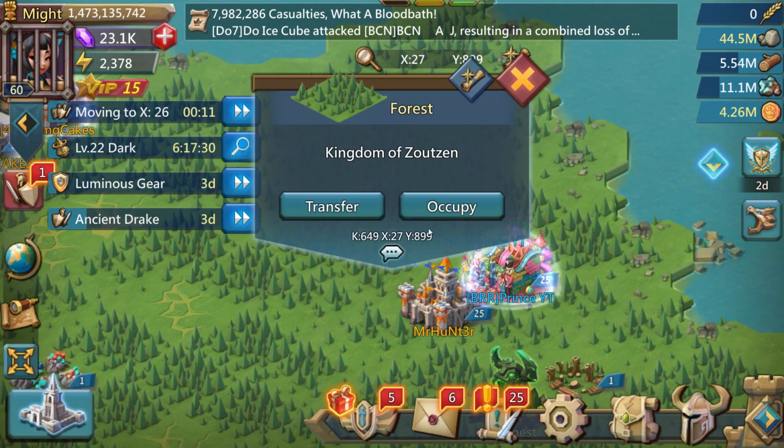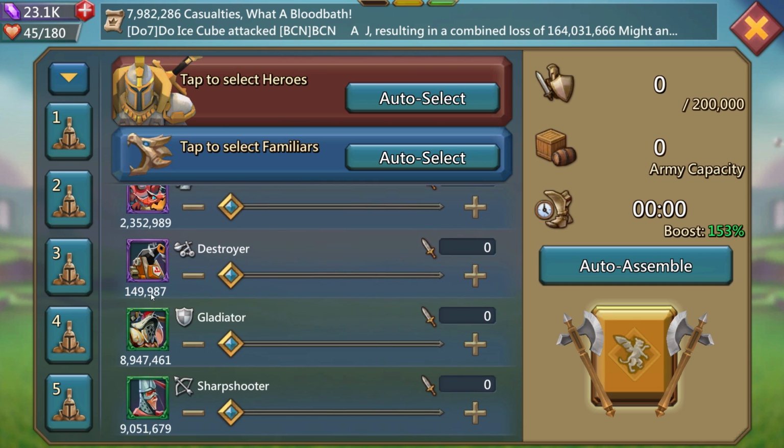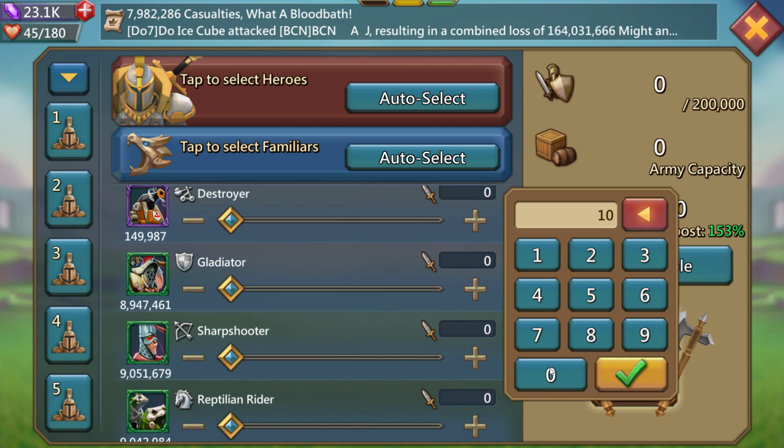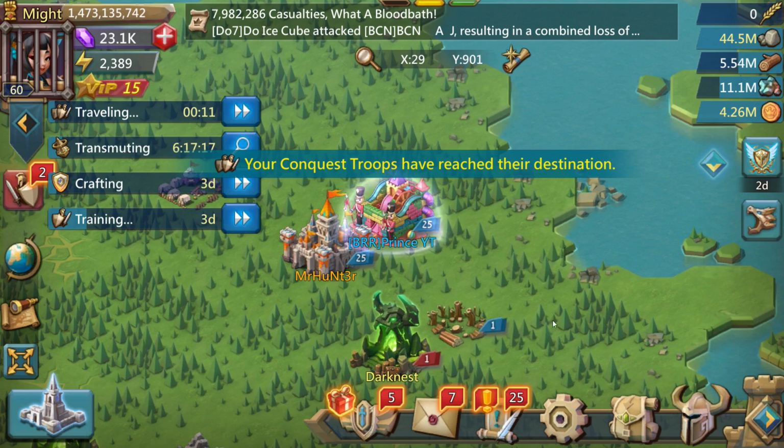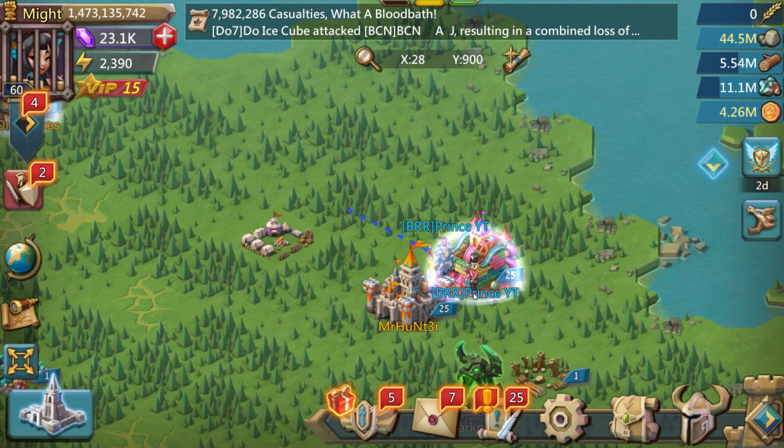Let's put them out. So there's the first camp. Let's go ahead and put the second camp out. And we're using T2s, of course, because the cost is a lot lower to replace and heal, that kind of stuff, rather than using tier 4s. And here we go. So there's another 30,000 mixed march, no heroes, exactly the same test,